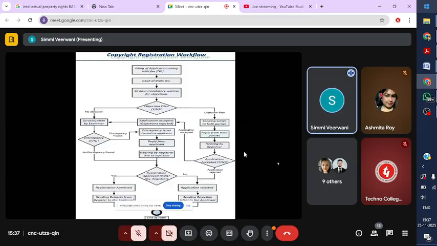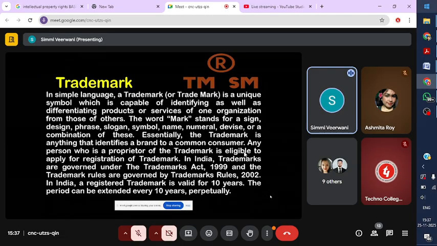In India, trademarks are governed under the Trademarks Act 1999, and the trademark rules are governed by the Trademark Rules 2002. In India, a registered trademark is valid for 10 years. The period can be extended every 10 years perpetually. A trademark is a mark which can be used as